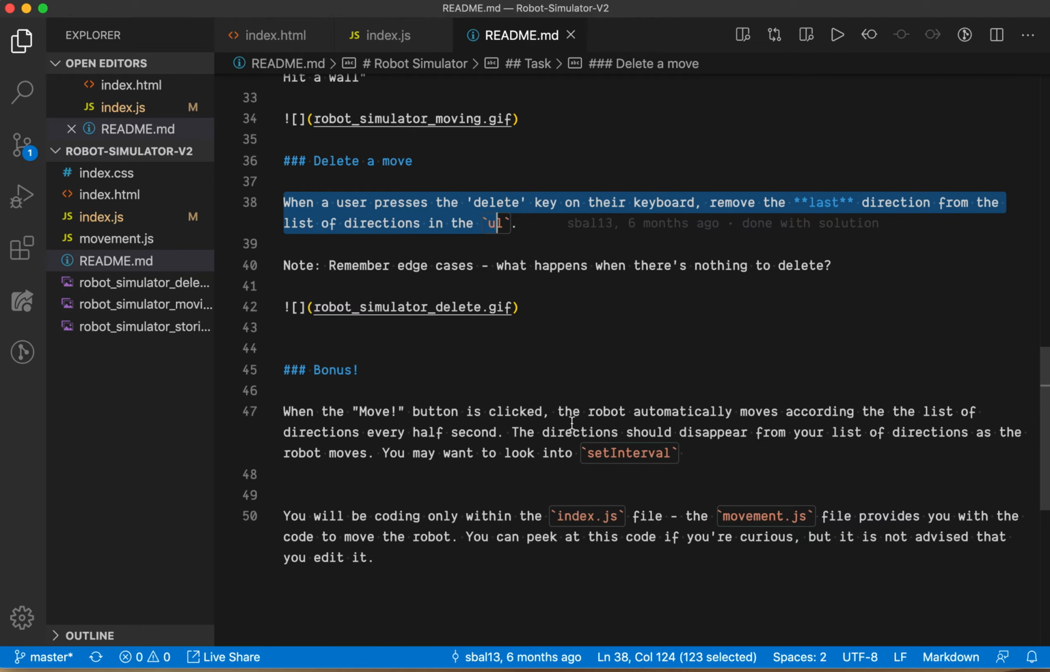And it says when the move button is clicked, the robot automatically moves according to the list of directions every half second. The direction should disappear from your list of directions as the robot moves. You may want to look into setInterval. Okay, so